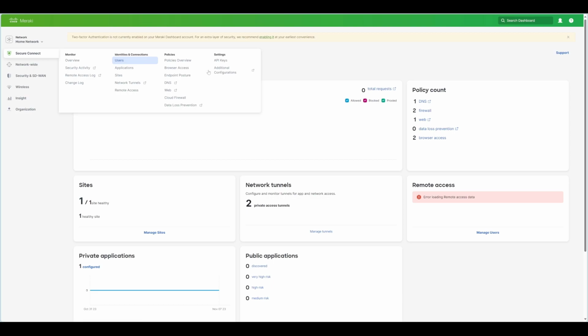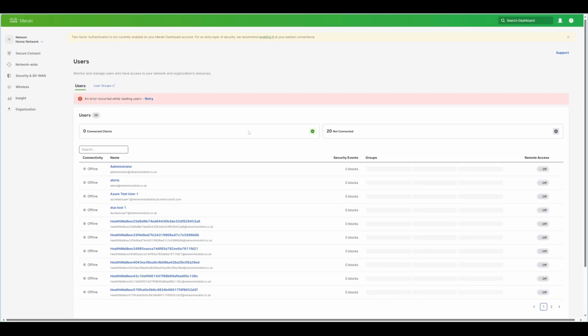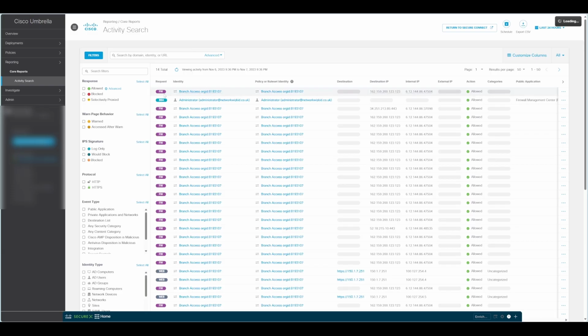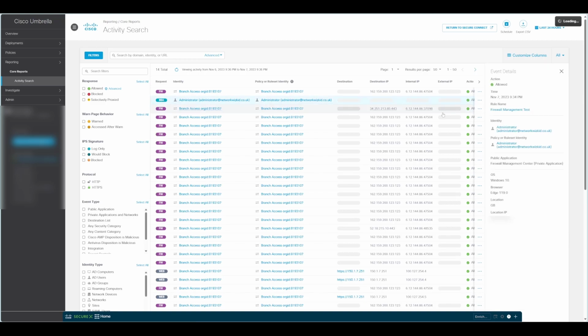And what we'll do as well is take a look at Umbrella and see what we're seeing on the Umbrella side. So if we click on Activity Search under Core Reports, we can see quite a few bits of information here. One important bit is, let's have a look at this, view full details. So you can see that identity has been picked up,